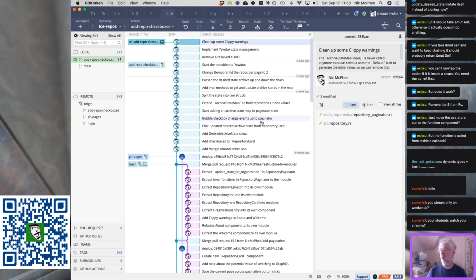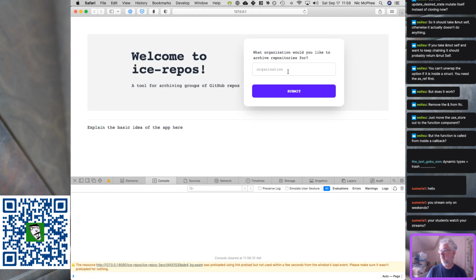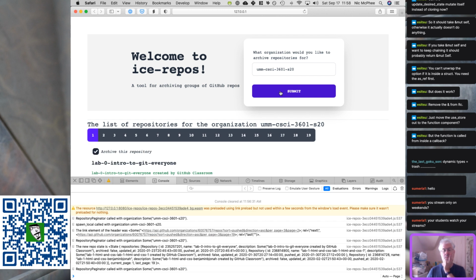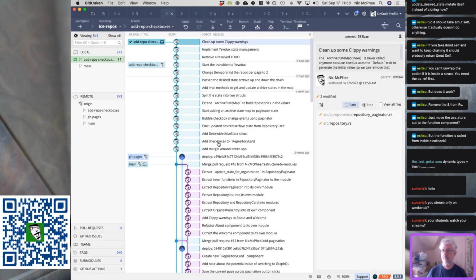Boom. So I think that actually deals with the whole checkbox business. Oh no, I guess, Seaside, I can't spell. Dash S20. We still need to build the submit page. But actually, I think I am going to say that we're in this add repo checkboxes branch. I think I'm actually going to merge that branch in, kind of declare this done,